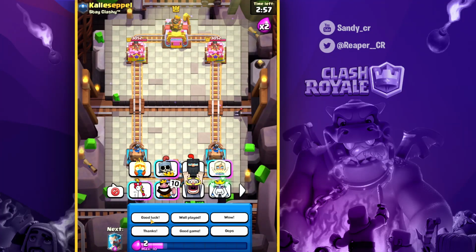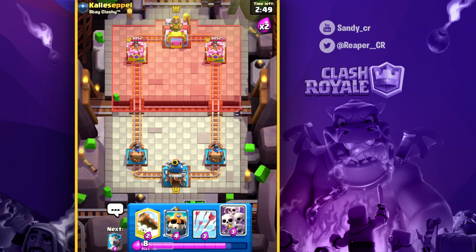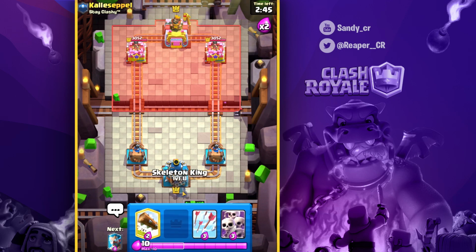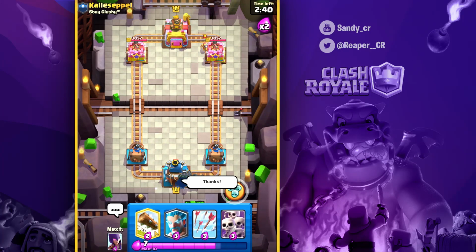Alright guys, so we're into the match and we are facing Cali Spell. So let's wish him good luck and let's see what we can do. Okay, he uses Wizard, so I'll just cycle my Skelly King at back, and let's see what he will use for the